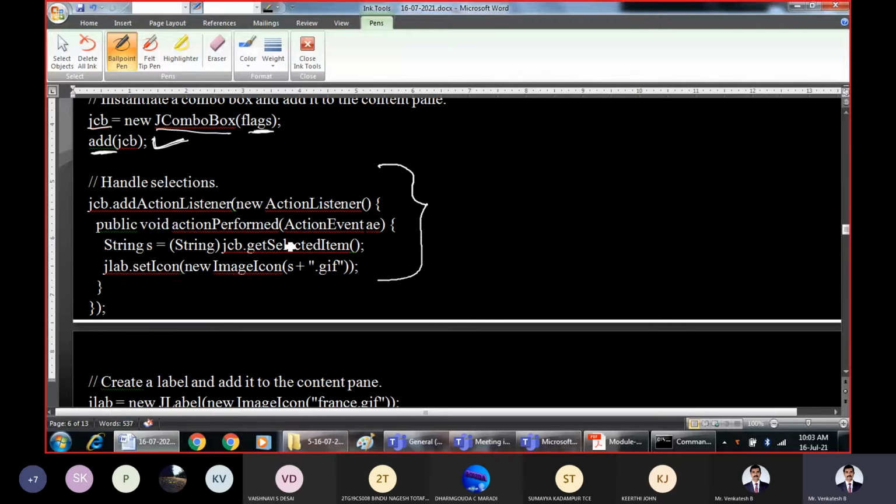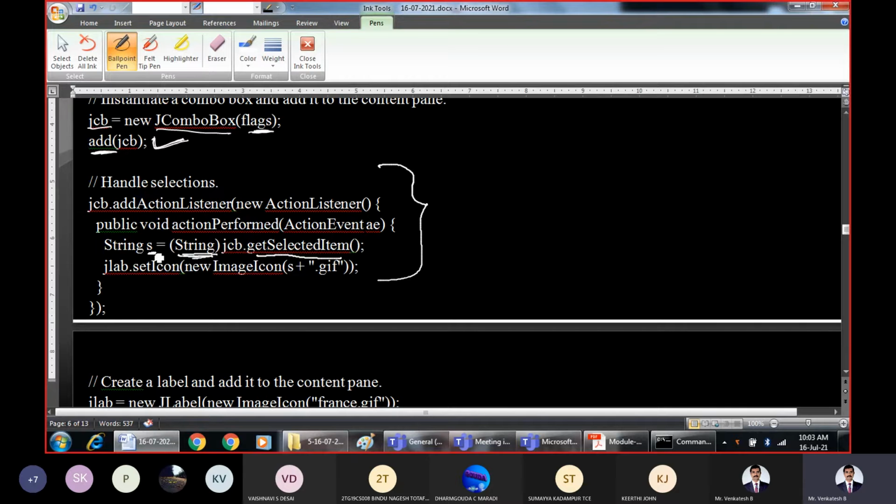What does the action listener do? It gets the corresponding item, the details of the item which the user has selected, and this is typecasting. Convert it to string type and store it in the string object called s. Whatever item you select, this is what is called typecasting. Convert it to string type and store it in the string object s.